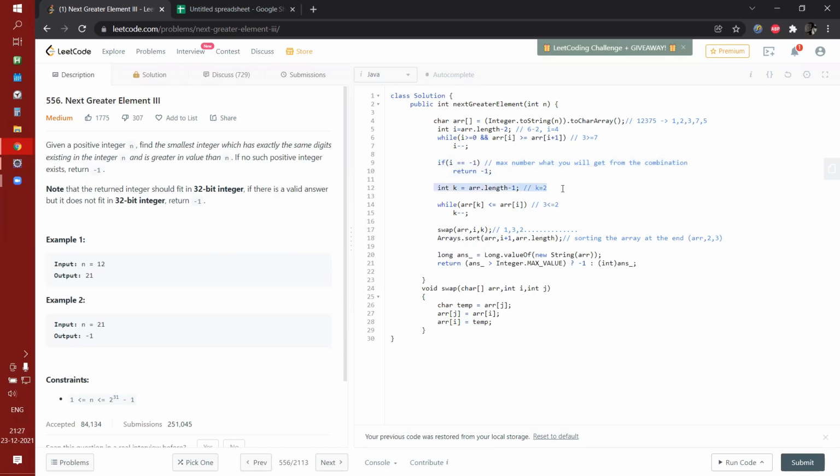Then we will initialize one pointer k. We will take k equals to arr.length - 1. What will it be? 5 minus 1, 4. We will check from the right side. Sushmita, we excluded 4 because I want to change in the middle of the number.